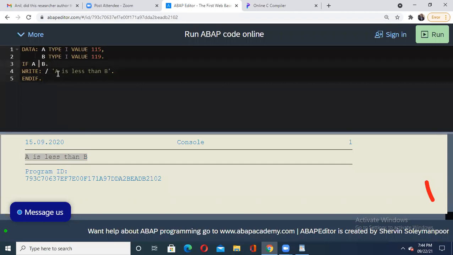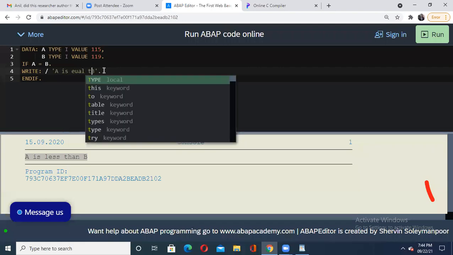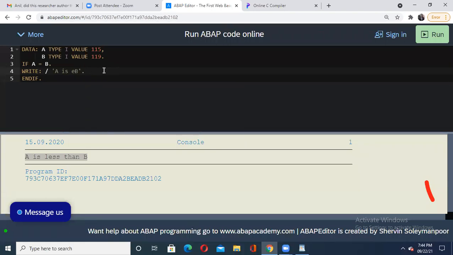Now suppose somebody says, okay, I want to check equality. Then put A, and just say A is equal to B, just like in maths. Okay, let us check it and run it.